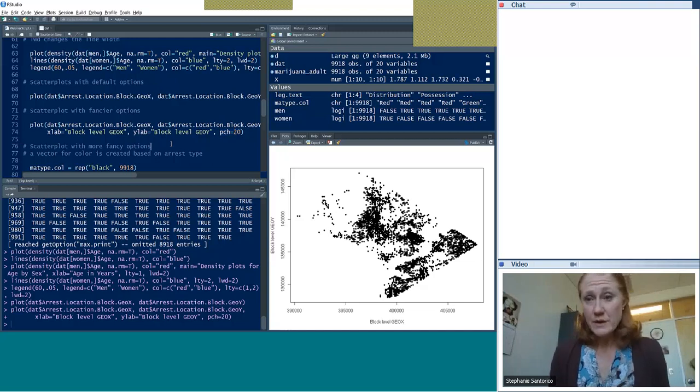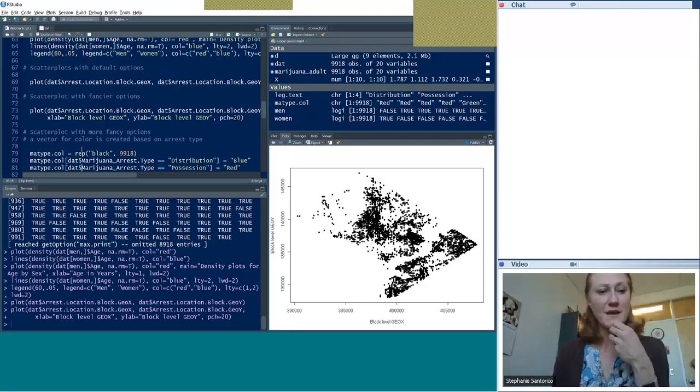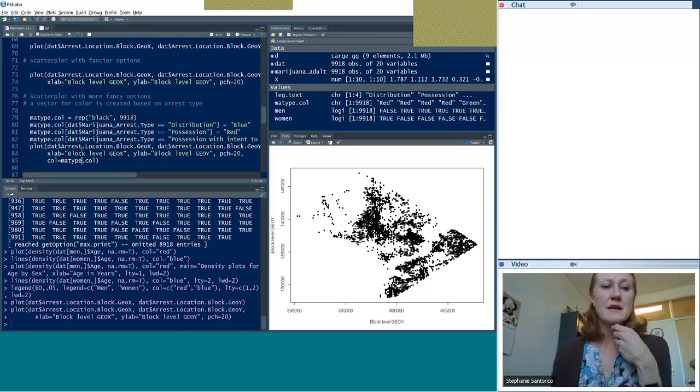Even fancier, what you might want to do is color code these points. So one of the variables that they gave was the arrest type. And so you could imagine maybe I want to create an XY plot, but I want to color code according to the arrest type. You could get even fancier by changing the size of the point if you wanted to add a fourth variable. So other things you could be doing here. This looks kind of ugly, but I'm going to step you through it. So what I'm doing is I'm defining something called